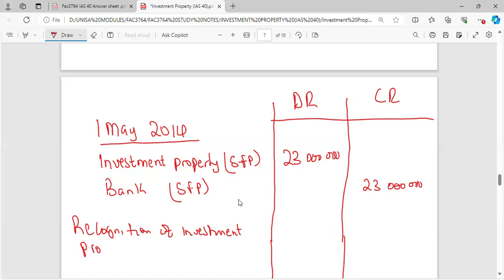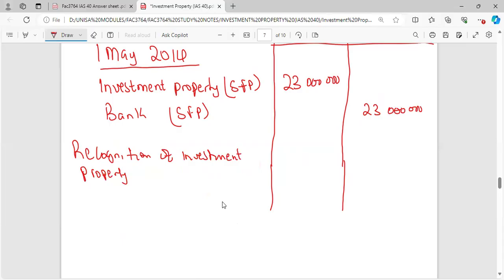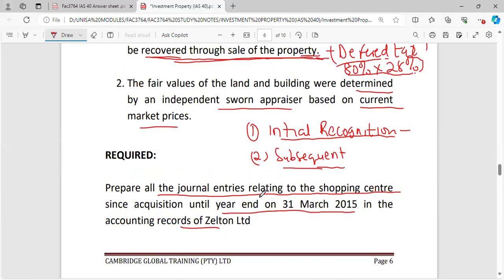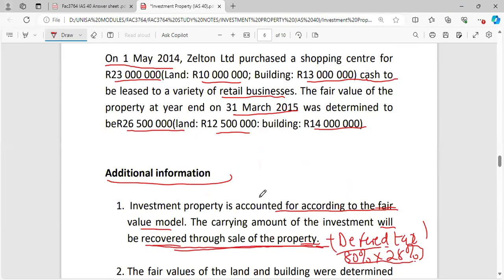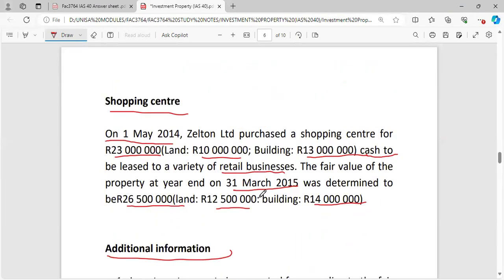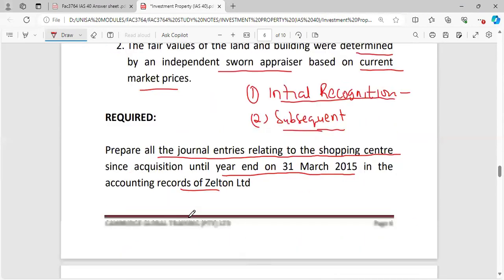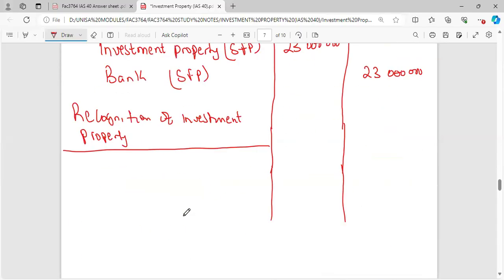We recognize investment property. Then subsequent measurement. This is the initial measurement on journal one. After we do our initial measurement, we need to do the subsequent measurement, which is going to be on 31 March, the end of the financial year. Let me just check the financial year end, 31 March. Right, so now we need to record what happened at the end of the financial year, which is